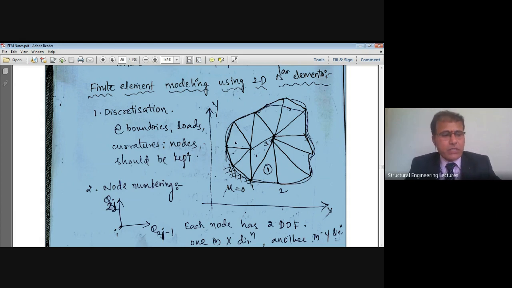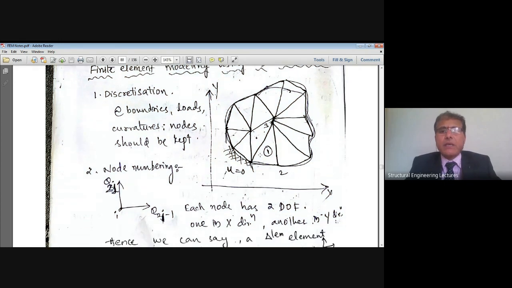Students, I hope you are understanding how the discretization must be done, right? It should take care of all these requirements that I have explained just now, right? Once you do the discretization process, then we'll give the node numbering, and the node numbers are given in counterclockwise direction so as to avoid singularity. That is how I'll say 1, 2, 3, right? Next 2, 4, 3, right? Maybe 4, 5, 3, right? Like this we will give the node numbering.